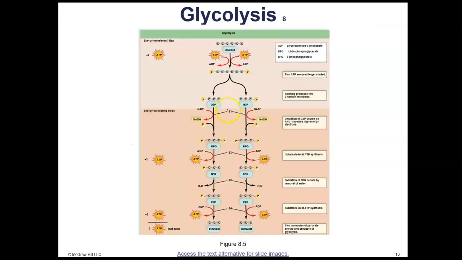Now, don't let this scare you because I really don't focus on anything except the beginning and the end. So glycolysis is a series of many steps, but I just want you to know we start with glucose, we end with 2 molecules of pyruvate. In the process, we're going to produce 2 NADHs and we're going to produce 2 overall